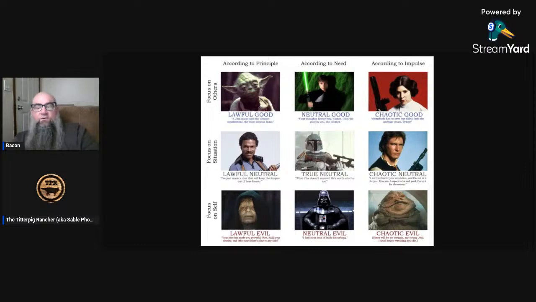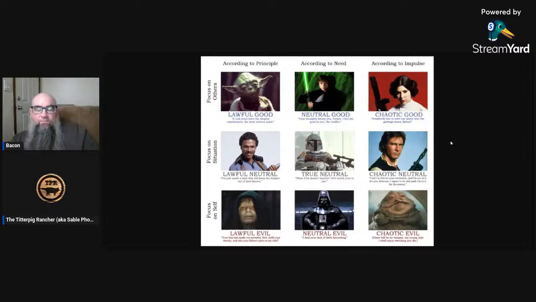Well, before we even get there, Yoda is lawful good. Luke is neutral good. Leia is chaotic good. I think Lando is lawful neutral. Boba Fett is true neutral, and Han is chaotic neutral. I think those all land very, very solidly. And then, obviously, with the change that you've made for Palpatine and Vader, I'm pointing at my screen like you can see it, I think that those now land more soundly than I initially received them. And I would agree, given your arguments, and which is great. This is the reason we have these kinds of conversations.